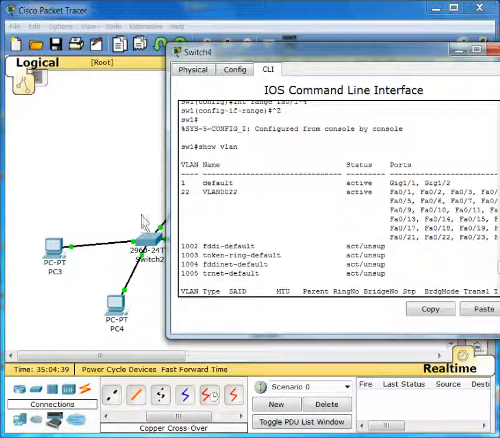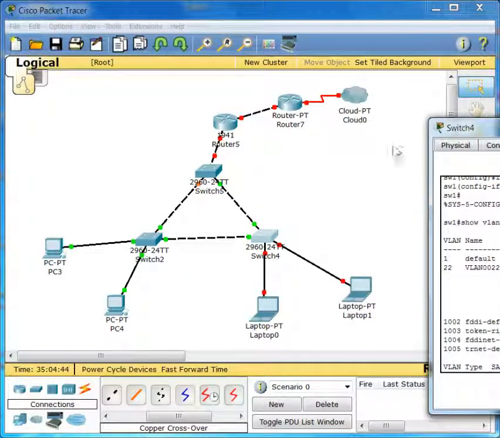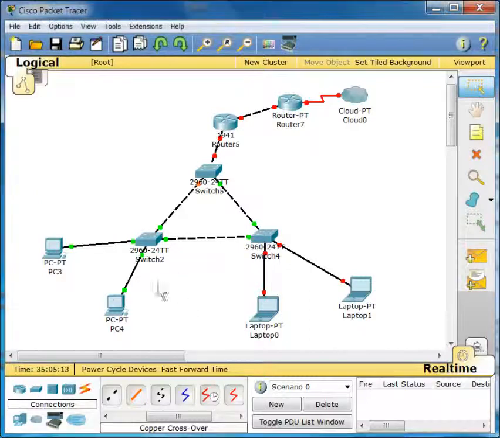For example, if we have the IT department in VLAN 10 that has access to everything, and we have in VLAN 5 here the accounting department that just has access to a few things, like to go to the internet and maybe just to the server in port 80, and that's it. But the IT department here will have access to these computers here and to everything else. And we can do that if we separate the computers in different VLANs, and